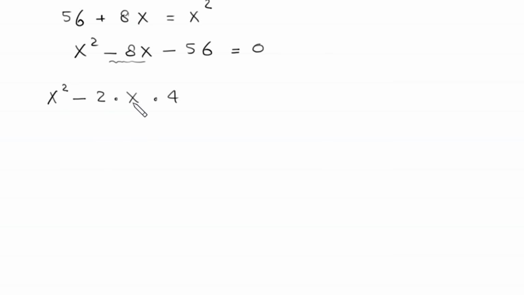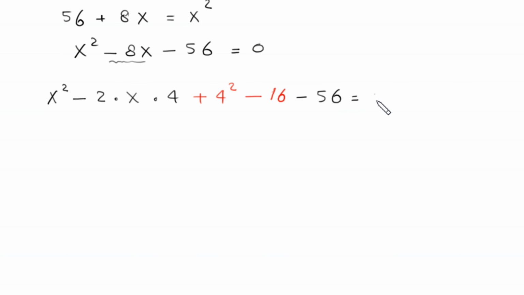This 2 times x times 4 is equal to this 8x. Now to complete the square we add here 4 squared, and we subtract 4 squared, that means 16, and this remaining negative 56